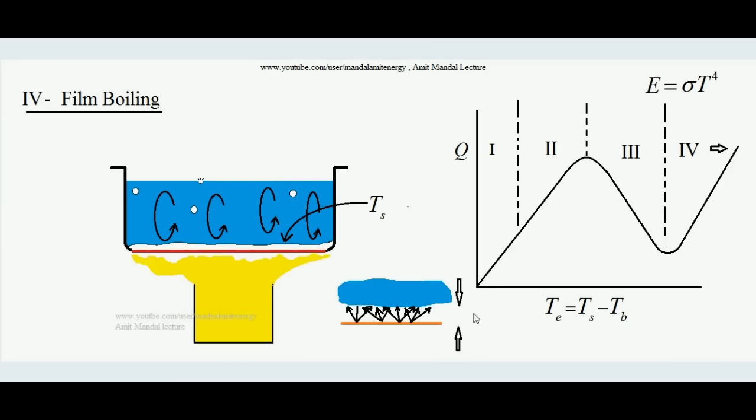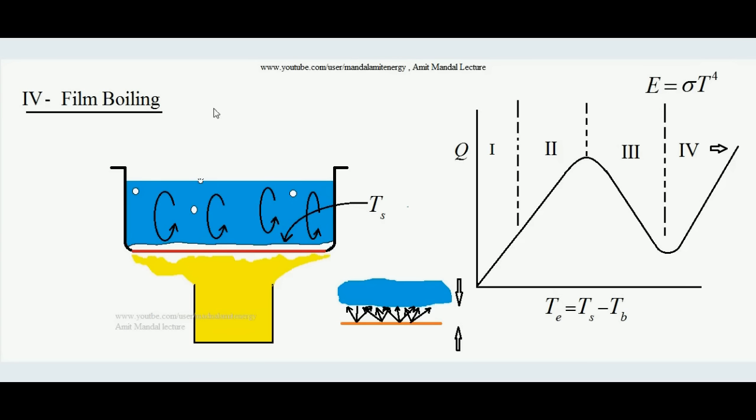Thermal radiations are coming out from this surface and ultimately reaching this liquid. So in film boiling, for radiation heat transfer, since the Stefan-Boltzmann law is applicable, it says that E is proportional to the fourth power of absolute temperature. Since we are increasing T excess continuously, beyond this point T excess is still increasing, so the Stefan-Boltzmann law is applicable. So the heat flux coming out from this surface is continuously increasing because the heat flux emitted from a hot surface by the Stefan-Boltzmann law is proportional to the fourth power of absolute temperature.